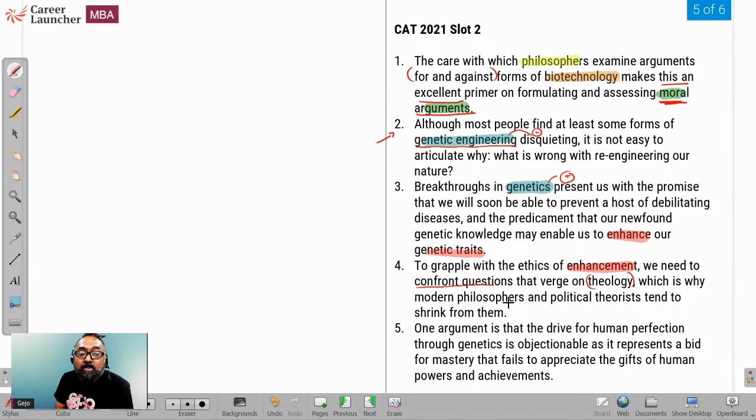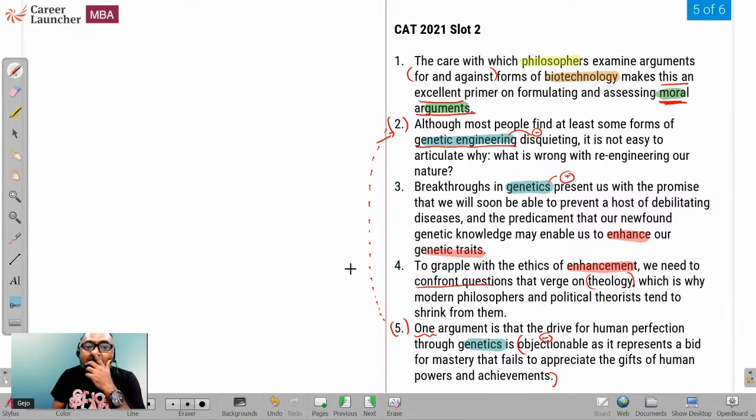Okay, the modern philosophers don't look at that. Right. One argument. What is one argument for what? Is that drive for human perfection through genetics. Okay, we have got genetics is objectionable as it represents a bid for mastery that fails to appreciate the gifts of human power and achievement. So this is talking about something that is negative for genetics. So I can see that there is probably some sort of a connection between 2 and 5 in one way,